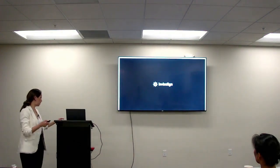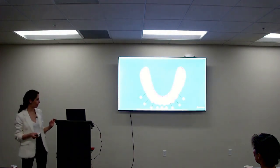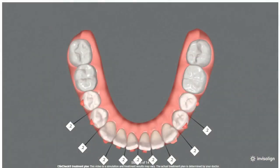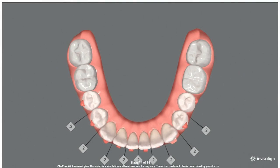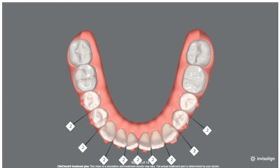So this is an example of poor planning. This is a case I did. So this is what I'm saying not to do. Look, what's happening here? They're retracting and aligning at the same time. That's not biologically what happens. It's not how it happens. You see this all the time with ClinCheck. Look at that number